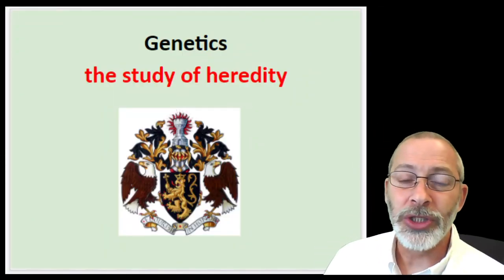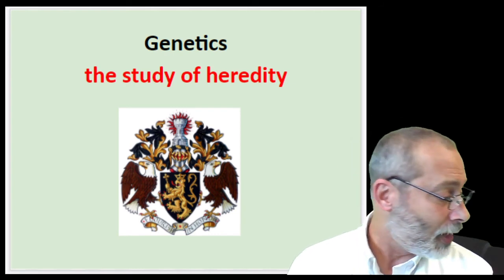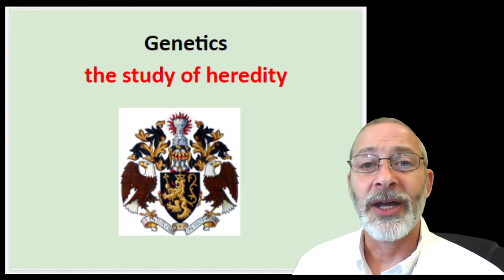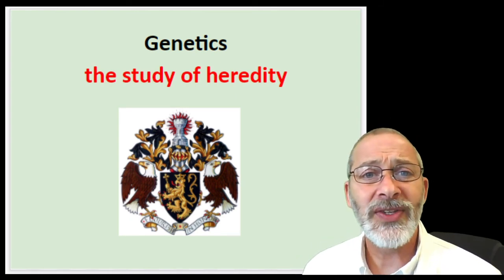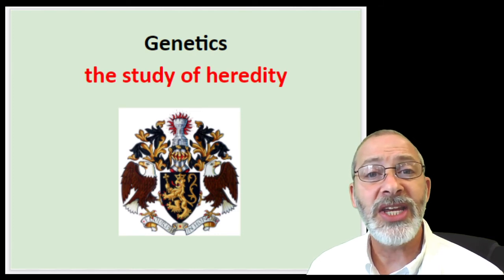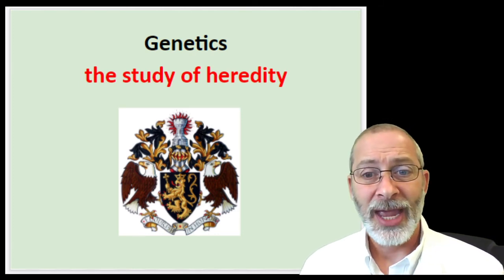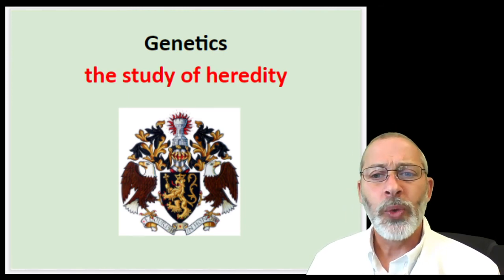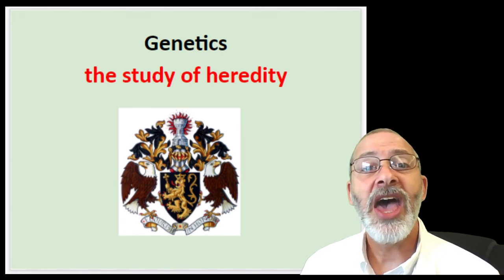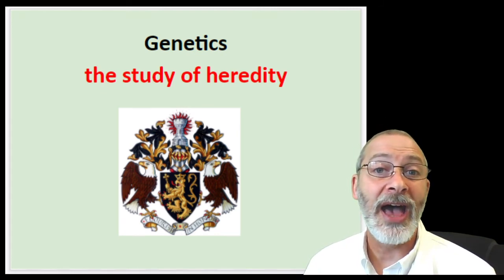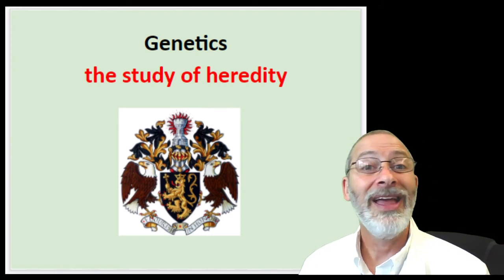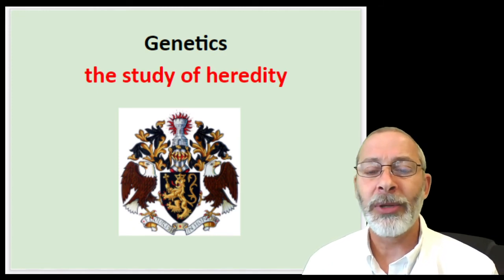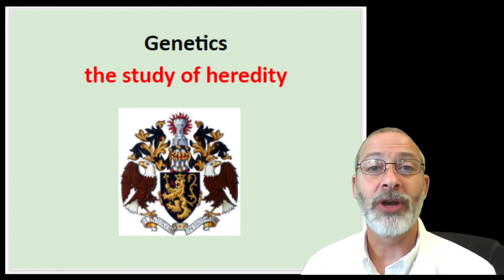So let's get into genetics in our notes now. On page 71 of our books, let's begin our notes on genetics. Genetics, generally speaking, is the study of heredity. I have a picture here of a coat of arms, which is really the study of heraldry. Maybe some of you have a coat of arms or a family crest. I do. I should have shown you mine here. Maybe I'll show you a picture of my family crest tomorrow.